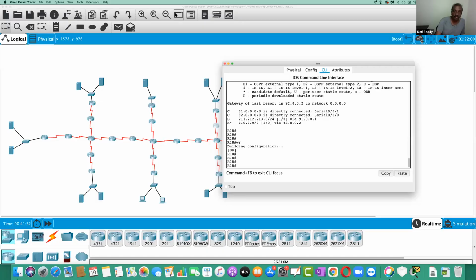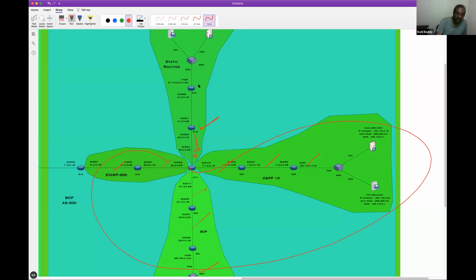Similarly, again, instead of adding so many routes, on R19, for all the network IDs, pass on the packet to 91.0.0.2, right? Instead of adding so many specific routes, I add one default route: any network, simply pass on the packet to 91.0.0.2. So I go to this other router and add this route.